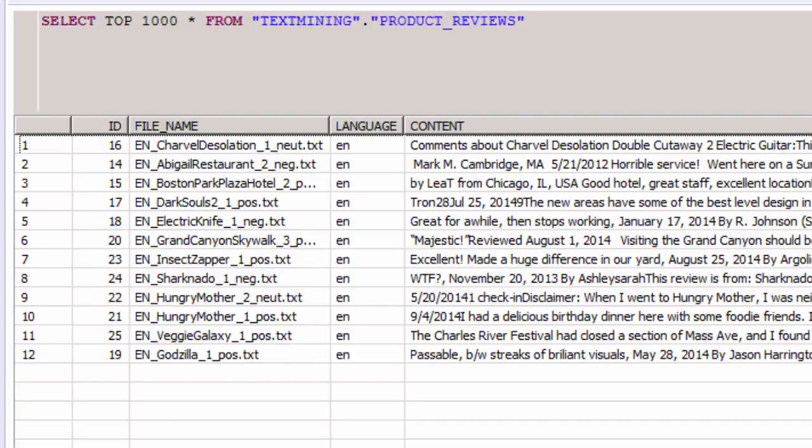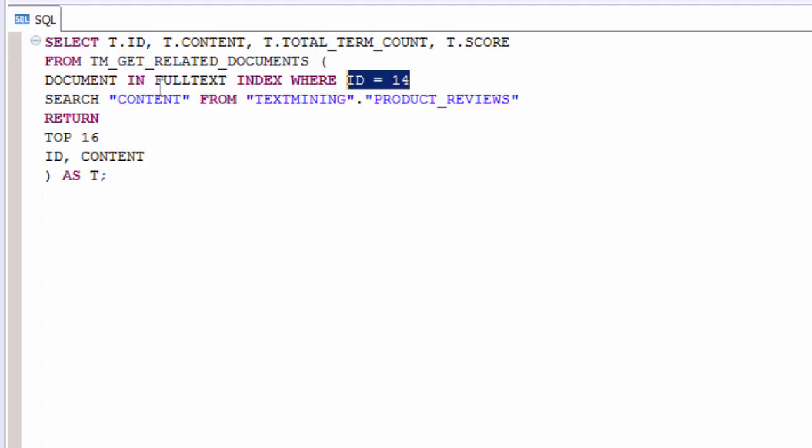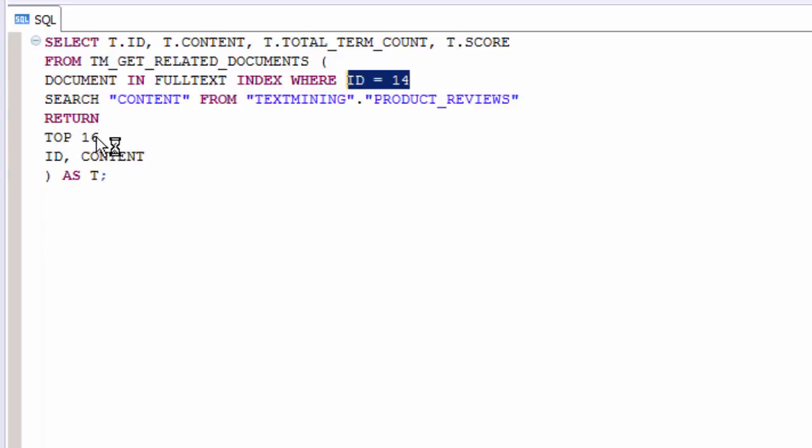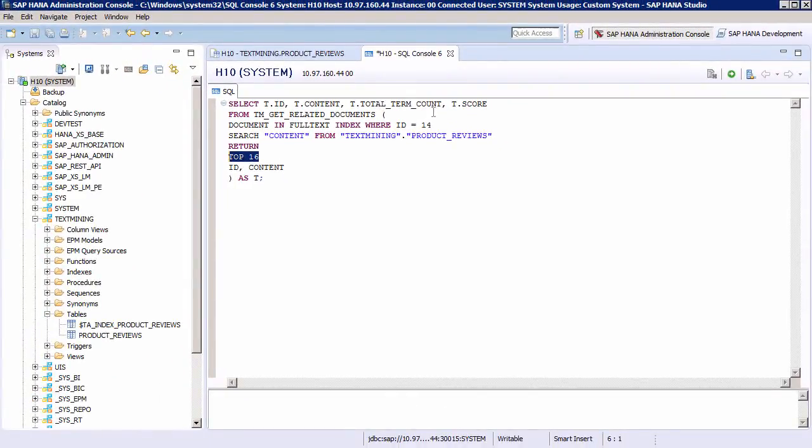So let's execute it. Again, if I go back, the input parameter is document number 14. We're specifying that from the index we want to search the content column from that text mining product reviews column. So here we're looking at this column. And essentially we're just saying return the top 16 results. What we're outputting is the ID, the content, the total number of terms, the count of those terms, and the total score. So I'll execute,